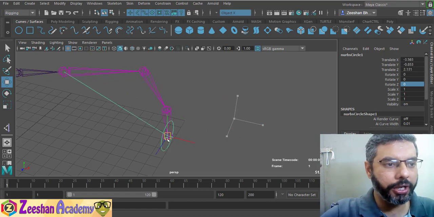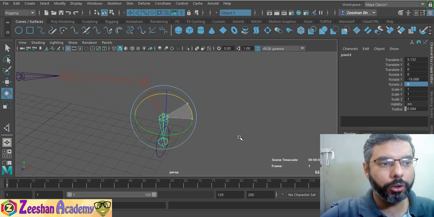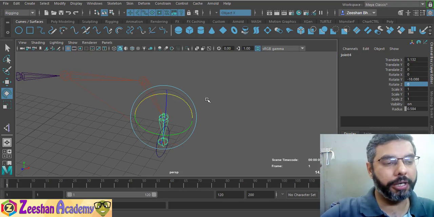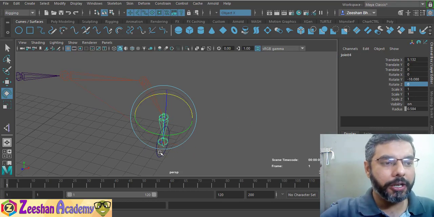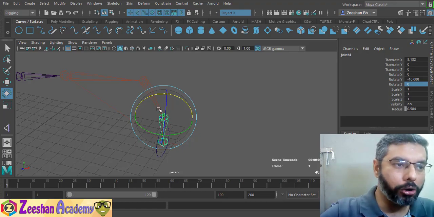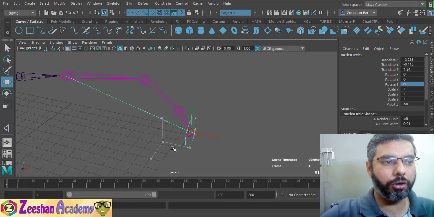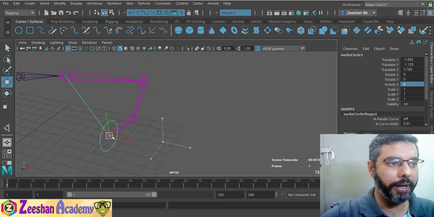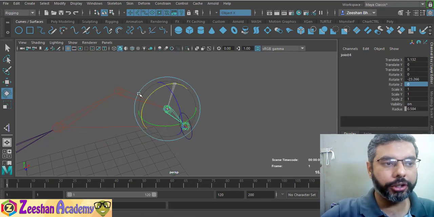The problem usually occurs once we select the forearm, and you notice that now it is no longer able to rotate because my IK handle is now parented under the locator. It is being controlled using a locator. All the joints are now controlled by the IK handle. So I can move my arm very easily using this locator, as simple as that. However, my forearm rotation is now locked.